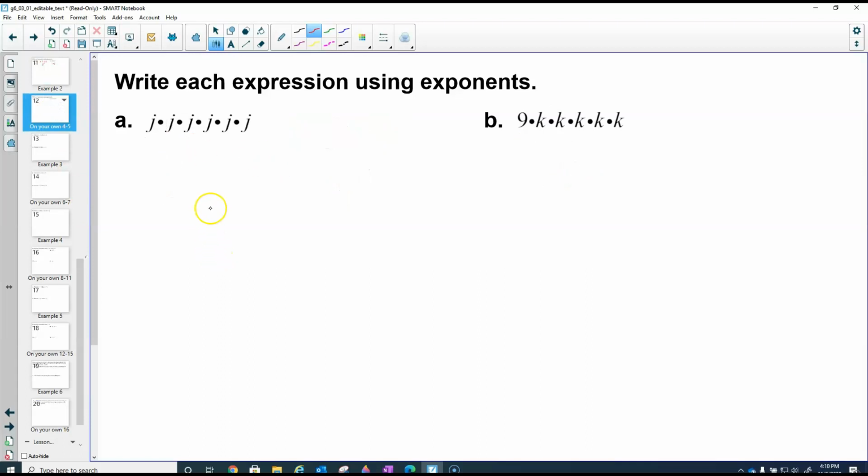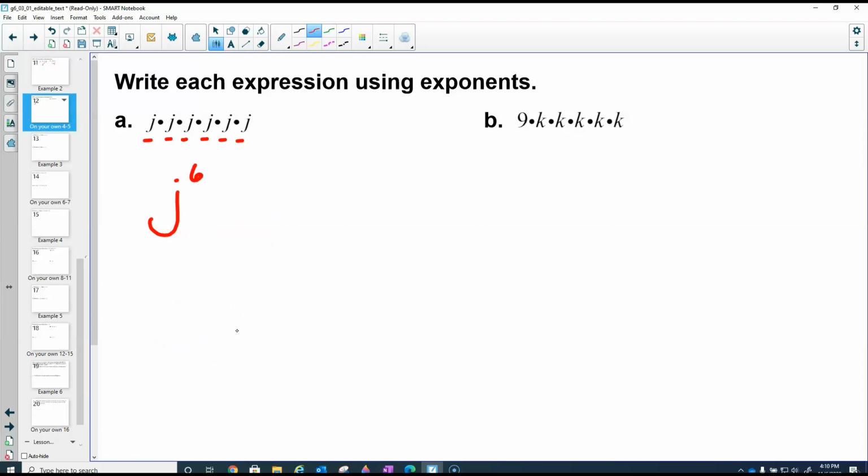If I look at this one, I see I have 1, 2, 3, 4, 5, 6 j's. So j to the power of 6, because that means you multiply j 6 times. You do not add them, you multiply them. If I was to want to add multiple j's, it would be a j times the 6. But that is not exponential notation. Exponential notation is